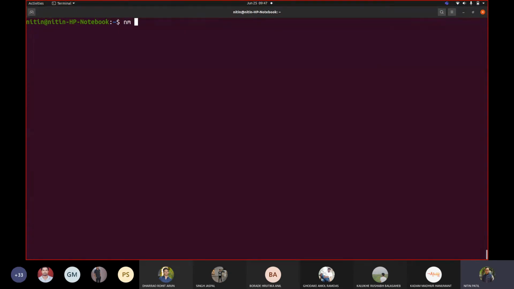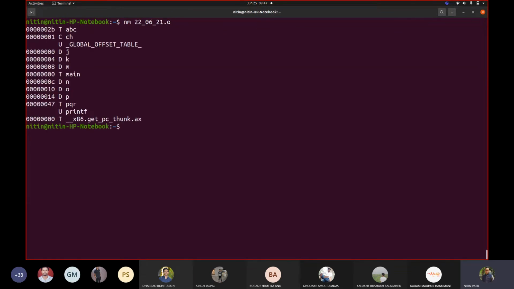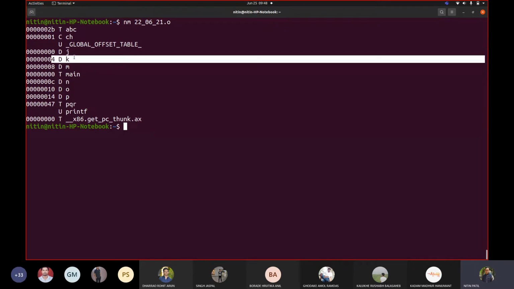Now if I write nm our code .o, you will see ch added, and that C is added again. Now I cannot see the size of this. But if I see these addresses, it started from 0. The first variable requires 4 bytes, that's why the next variable started at 4.